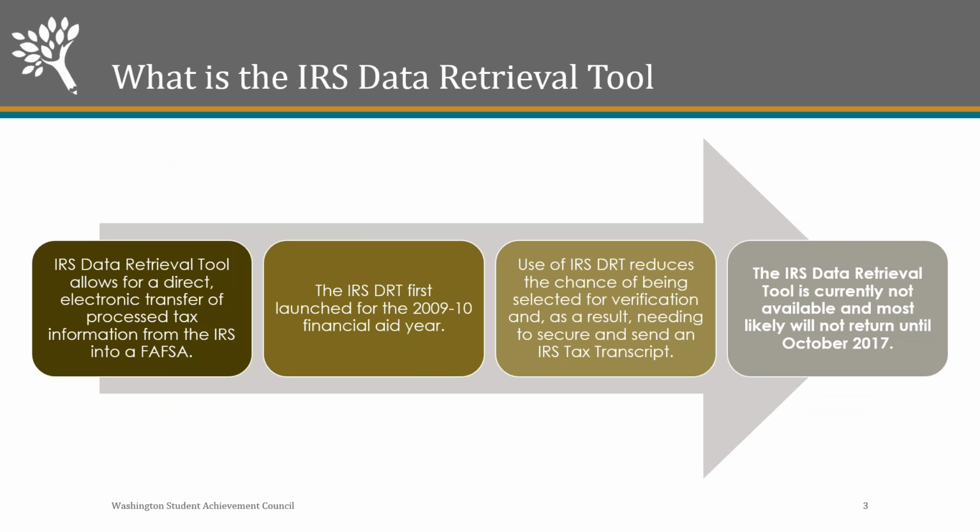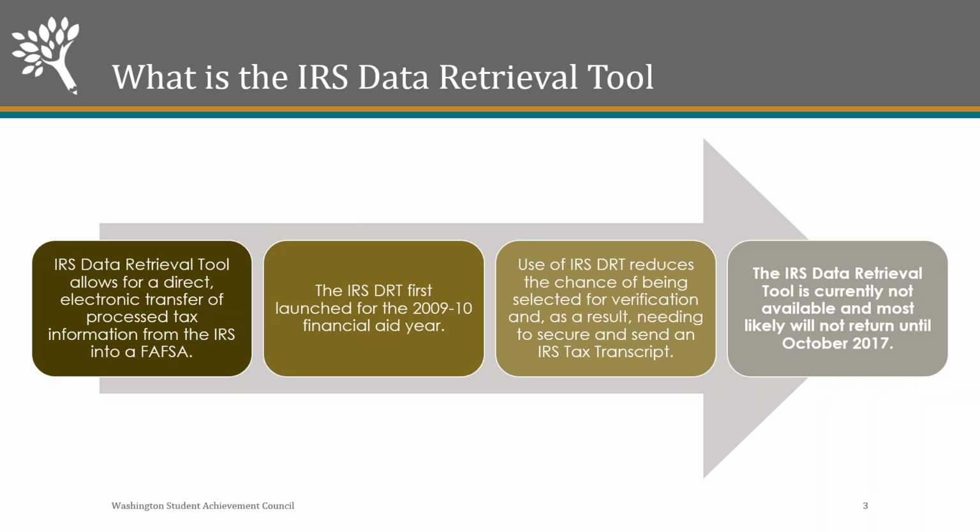So the IRS data retrieval tool, what it is, it's an electronic tool that transfers the information from the IRS, your tax information, to the FAFSA so you don't have to input it manually. This launched around 2009, 2010 for that financial aid year, so it's been in use for a long time. So a lot of people may have forgotten how to manually enter in that information. And what it does is it reduces the chances of being selected for verification because they are getting that information